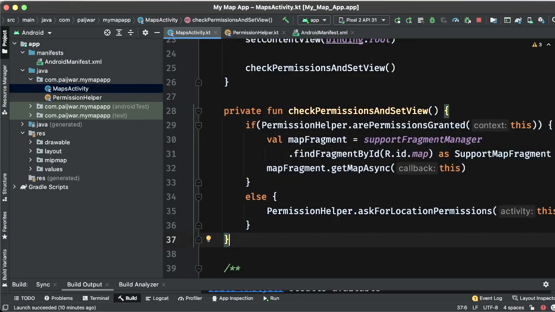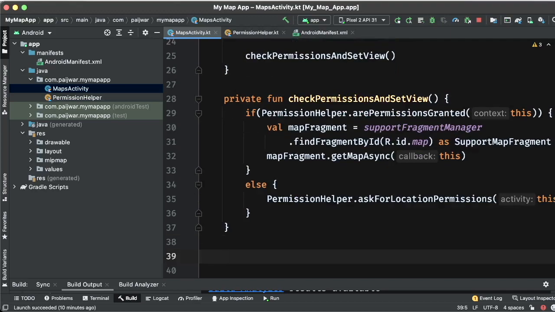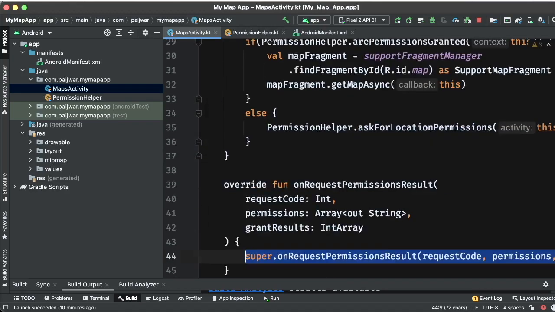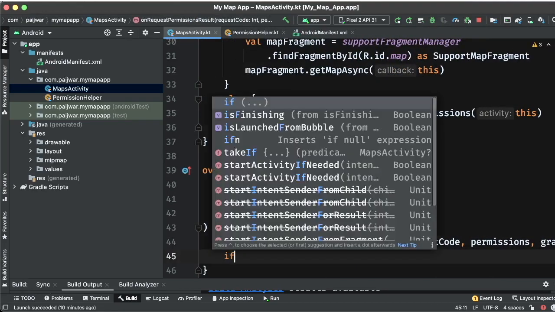So this we have asked for permission. Once you ask for the permission, a dialog will be shown to the user. The user will be clicking yes or no, or say accept or denied. And because we are going out of the application, meaning a system dialog is coming, our application will go in the background and then come back. Once it's come back, we have to check it again. For checking it again, there is a method that will get called, onRequestPermissionsResult. This will get called. In this, we need to check for